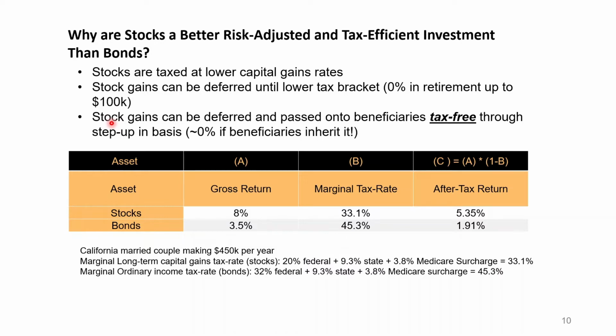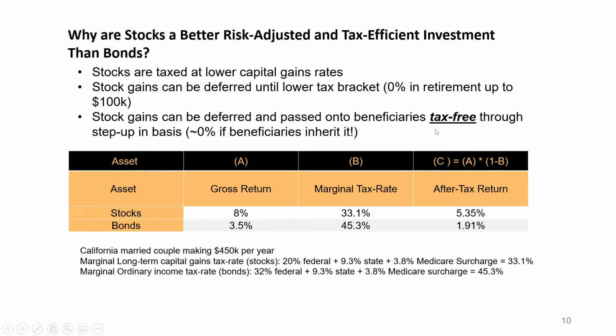Another huge advantage, when it comes to generational wealth planning and passing on wealth to your beneficiaries or your kids, is that stock gains can be deferred and passed on to beneficiaries tax-free through step-up in basis. Again, 0% if beneficiaries inherit it. So there are ways to utilize stocks from a financial planning perspective that allow clients to get higher after-tax returns and the ability to pass on wealth tax-free to the next generation that you really can't get with investing in bonds